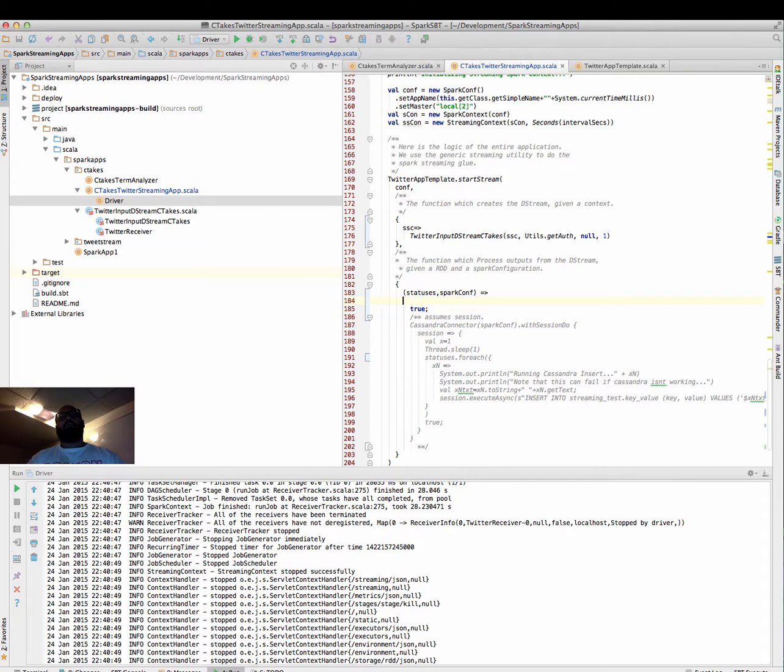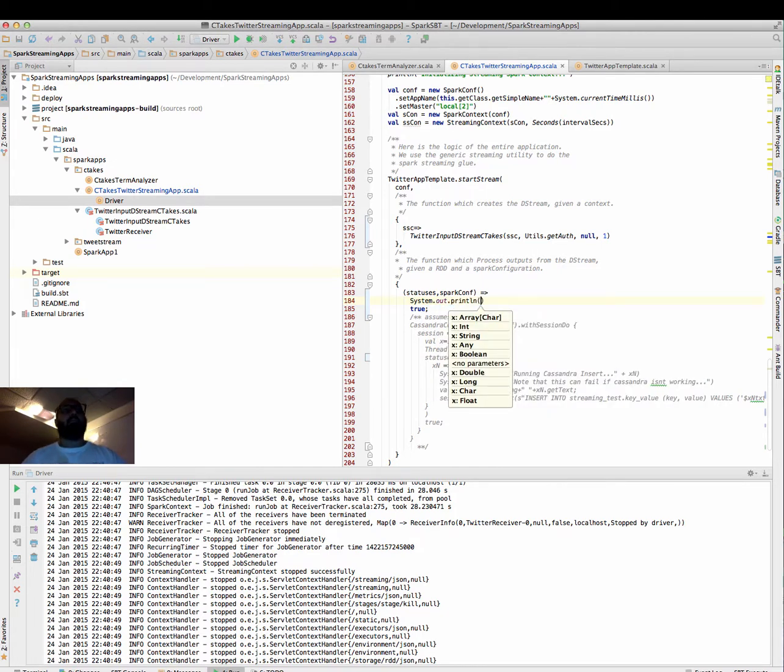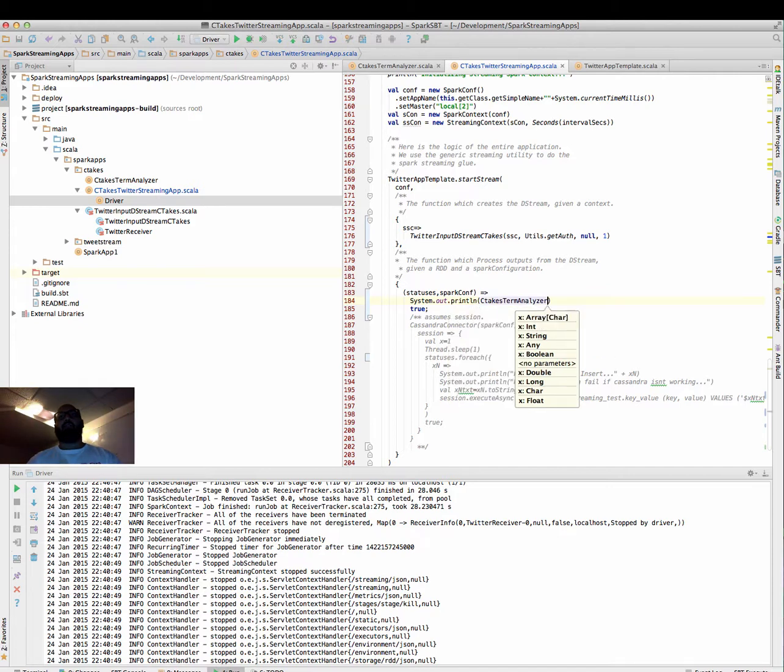Or you could do something a little different, which is you could use the Apache cTAKES API, which is what I'll show you an example of now. You could say, for example, print out the result of, I have a utility class here called cTAKES term analyzer and analyze. It just wraps some calls to an NLP library that extracts some structured information from text. And I could say, I just want to analyze the